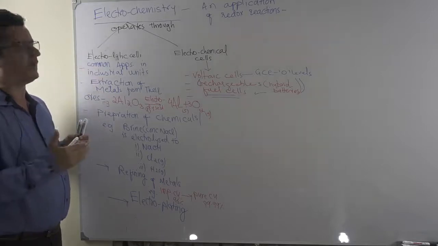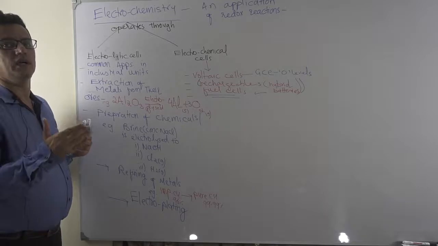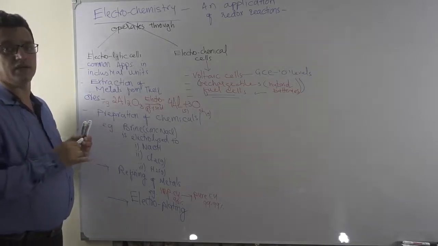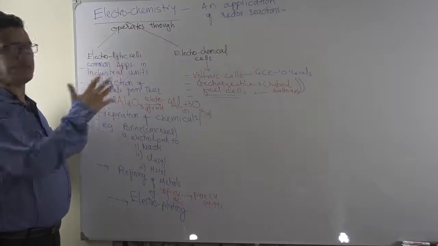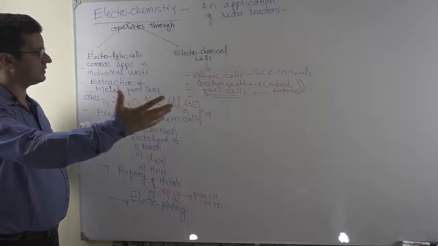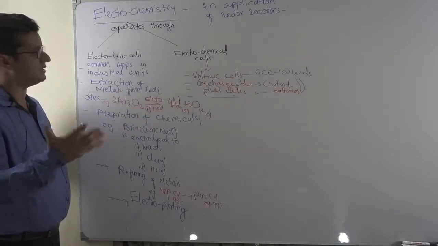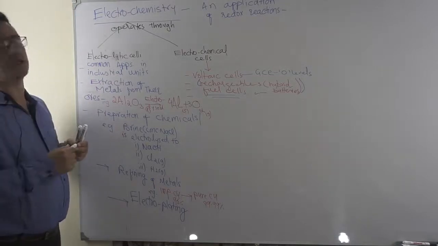Always at the cathode, whether it is an electrolytic cell or an electrochemical cell, gain of electrons will occur. We call it cathodic reduction. And at the anode of both cells you'll find that loss of electrons occurs, oxidation occurs. Here we'll see each and every case in detail, but the electrolytic cell has some wonderful applications, and there are